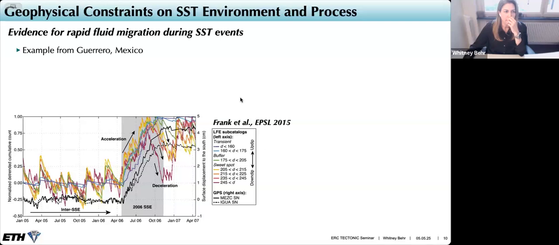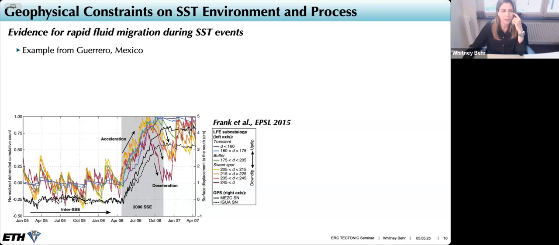So the third thing I want to highlight from the geophysical record is the spatial patterns of tremor migration, and these have been interpreted as evidence that slow slip and tremor is accompanied by fairly rapid fluid or fluid pressure migration. So this is an example now from Guerrero in Mexico, from Frank and others, and this figure shows time